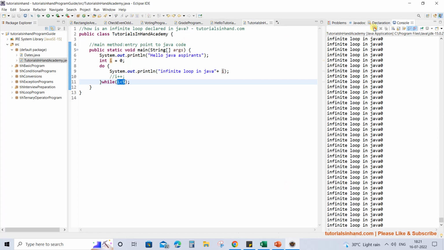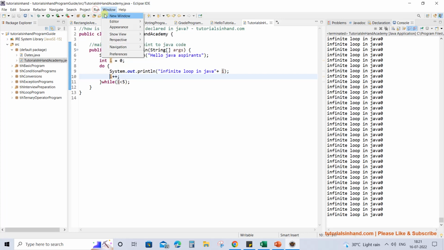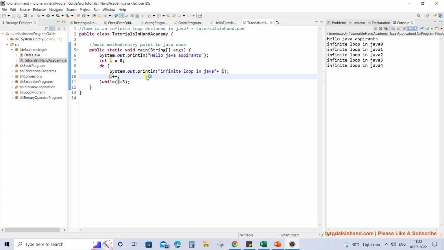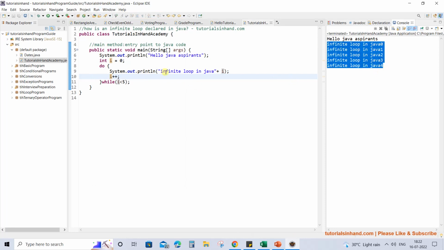Now let me stop this one and uncomment this. Once you uncomment this you will see that the do while no longer enters an infinite loop, and this time it will print the value for certain times only, 5 times.